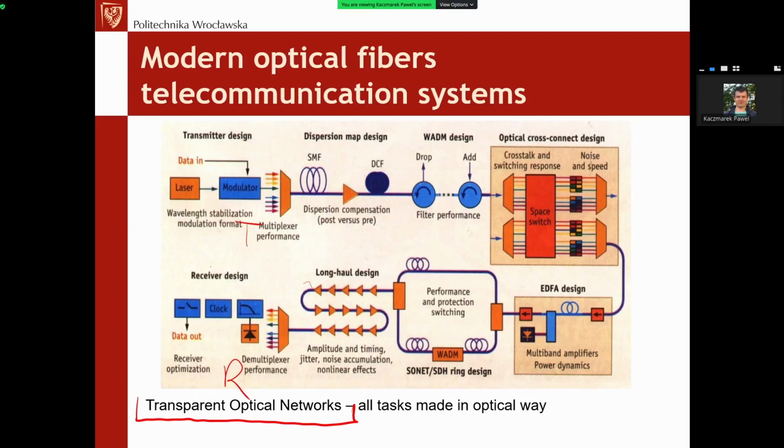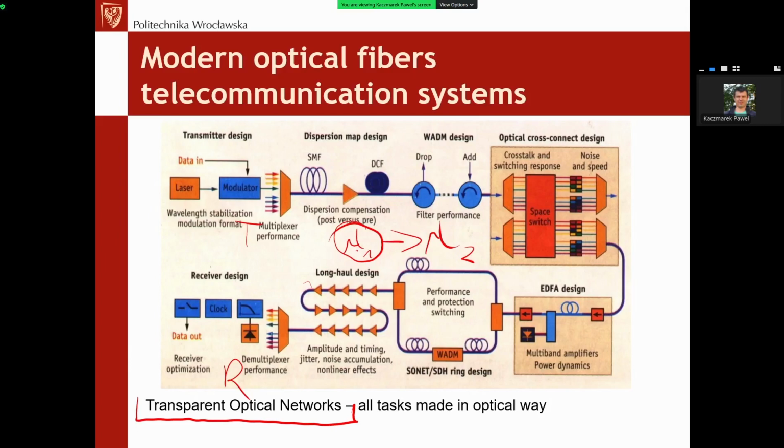It means they are using optical amplifiers for regenerating the signals. They are using optical switches to just change the routing. They are using also optical conversion, because right now it is even possible to convert the signal from one lambda, one wavelength, into another wavelength in a completely optical way. Using some nonlinear effects and other things, it is possible to convert the signal at one wavelength into another wavelength. It is quite difficult to imagine how it can be done, but it is possible,